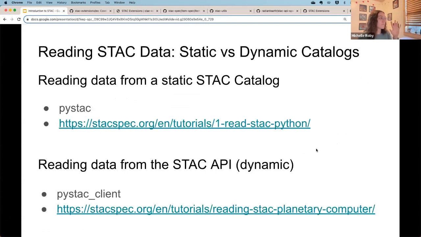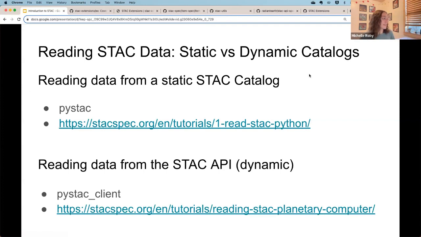And so in here, I have some examples of tutorials of reading a STAC catalog that's static. So everything that we've kind of been going through, there's an example here, a tutorial using PySTAC. So if you use Python, a lot of the resources around STAC are with Python. There's also other languages that have been written, or resources that have been written in other languages that are helpful, but a lot are around Python at this current moment.